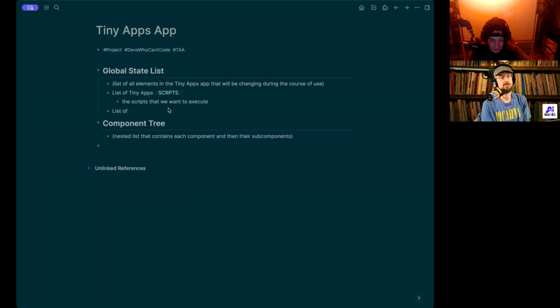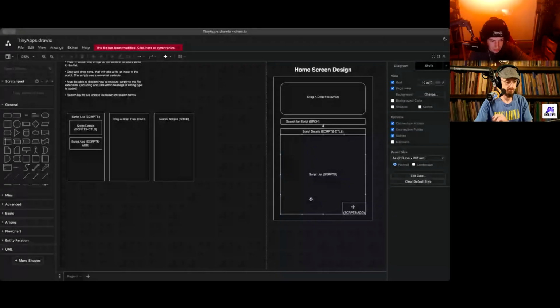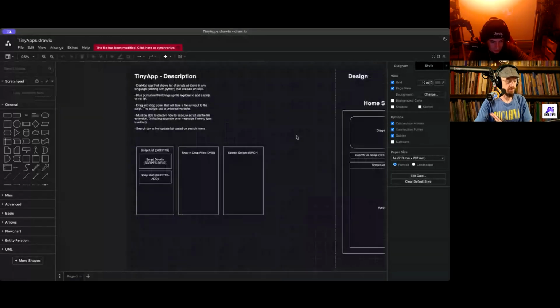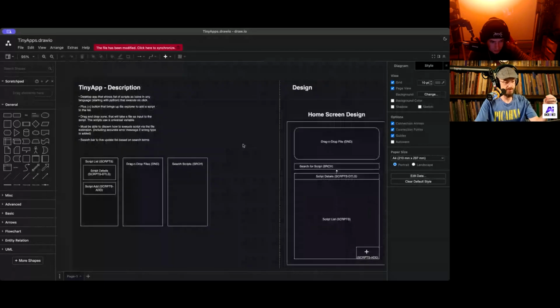Let's think about this in the context of the draw.io diagram that we had, which I can bring up real quick. It might not even be all that necessary to use draw.io yet. I just want to use this as a way to ask about an element here. This is the thing that we did in the last episode, right? So I wanted to ask, in the context of the global state and the components tree,